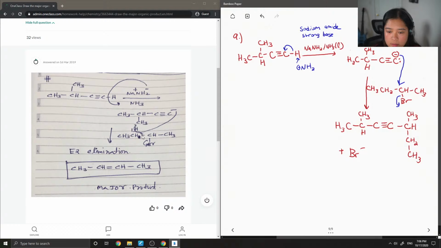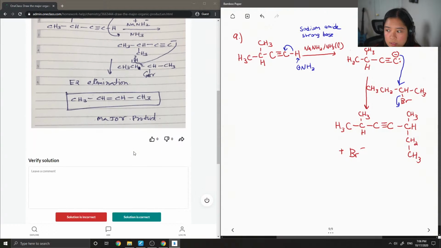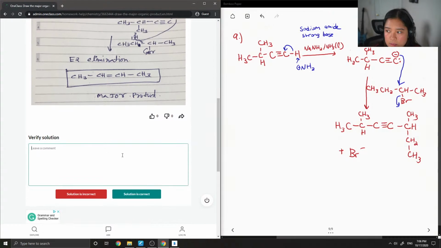Yeah, this doesn't look right. And the arrows are kind of confusing to see what attacks what, and their final product is missing a couple carbons. Okay, so I'm just gonna say that